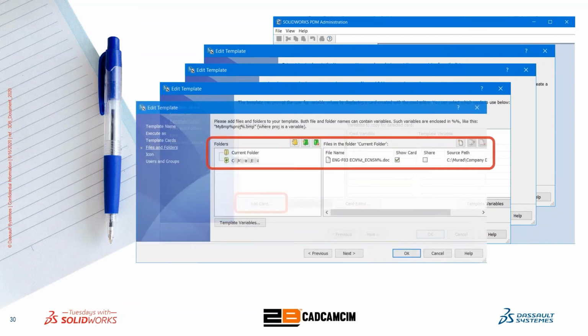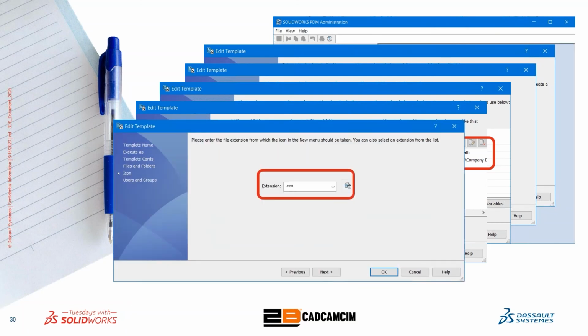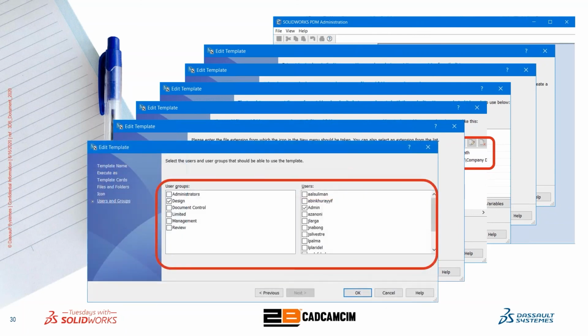Okay, the next step is to specify the folders and file structure to be created by this template. Of course, here we have only one file. And you can see the show card is the file card, the data card, not the template card. There is a difference between the file card and the template cards. You can use two cards in your template. Okay, then you must select a specific icon for your template. Finally, you will have to grant permissions to users and groups to be able to use this template. By this, you have reached the end of creating your template,